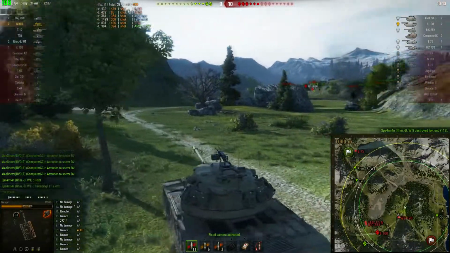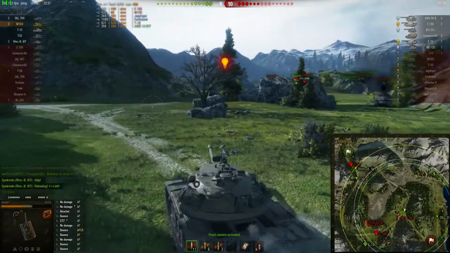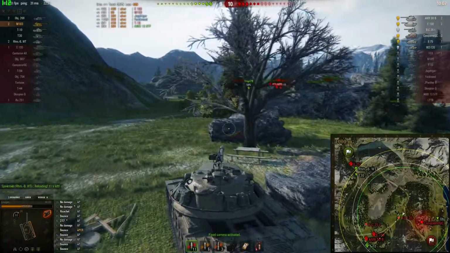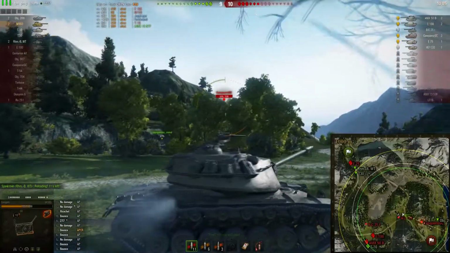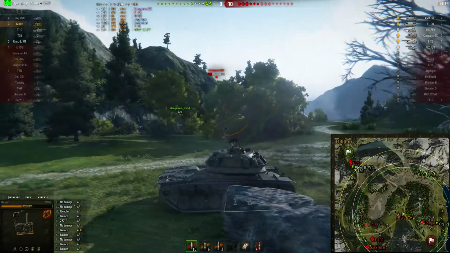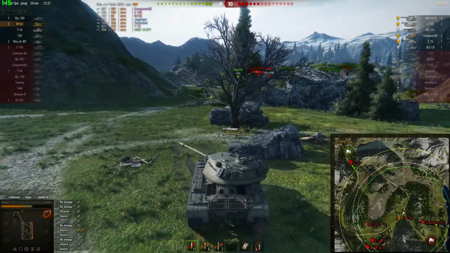But like all American tanks, the side and rear armor is very bad indeed. So always keep your front towards the enemy. We keep getting spotted, and there's a Conqueror who may well get a shot on us, so we're going to take off quite a large amount of his health. Unfortunately, Conquerors have